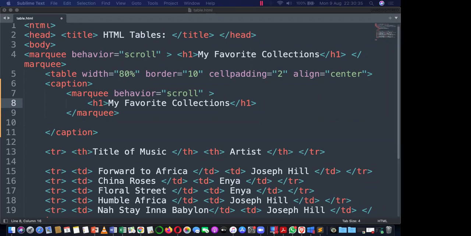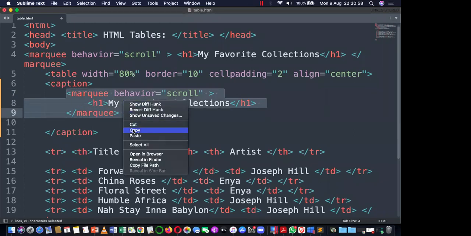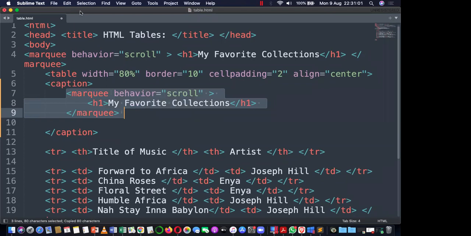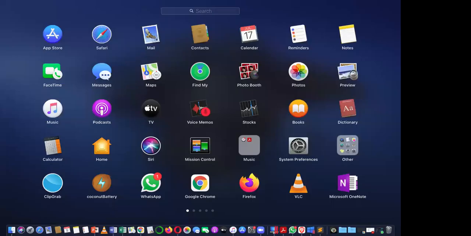Okay. Now let's look at links and lists. Please, when you are using the marquee, are you supposed to bring the caption, or can you use the marquee without the caption? Yeah, you can use the marquee without a caption. What I'm saying is because this is in a table, we decided to use the one in the table because we want the